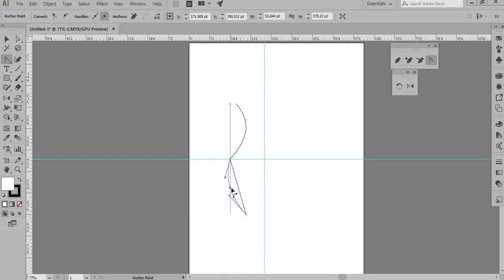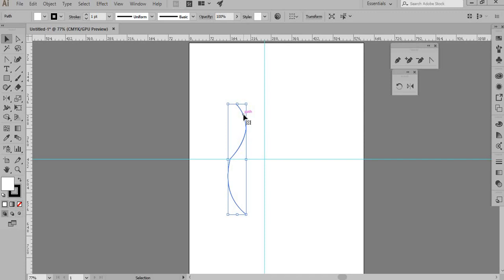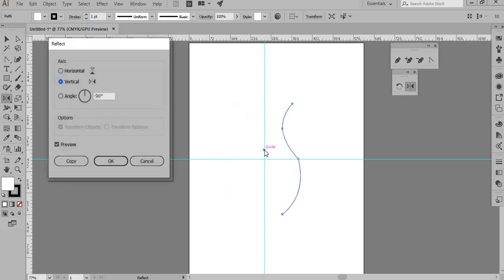Maybe something like this. I'm going to reflect this, so we know that we click reflect once, hold on to the Alt or Option key, click once on the guideline, and you get the box. You look at the preview, it comes out fine, and you copy this.